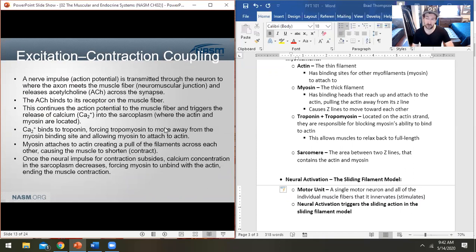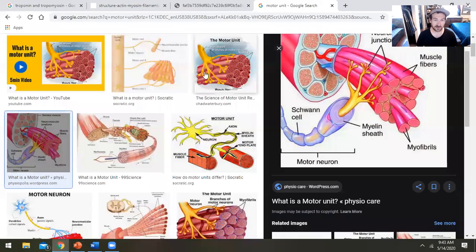We kind of saw it in the video, but I'm going to break this down a little bit slowly. A nerve impulse, that's an action potential. Your neuron starts generating electricity, which is transmitted through the neuron, and it's going to travel down the tail of the neuron, called the axon, and it will synapse with a muscle fiber. We call that area the neuromuscular junction, where that synapse actually happens. Now, what's going to happen is at the very end of that tail,